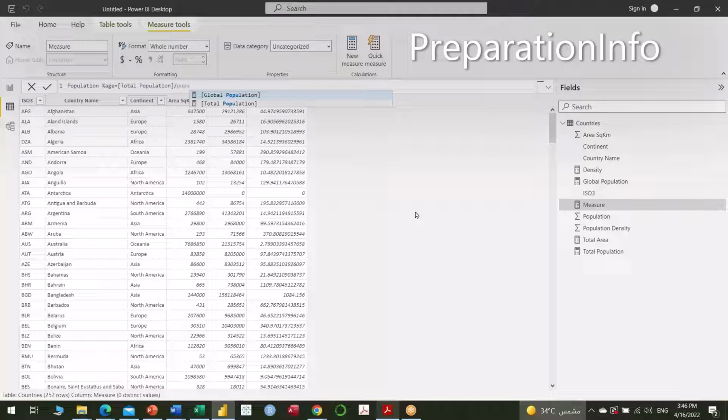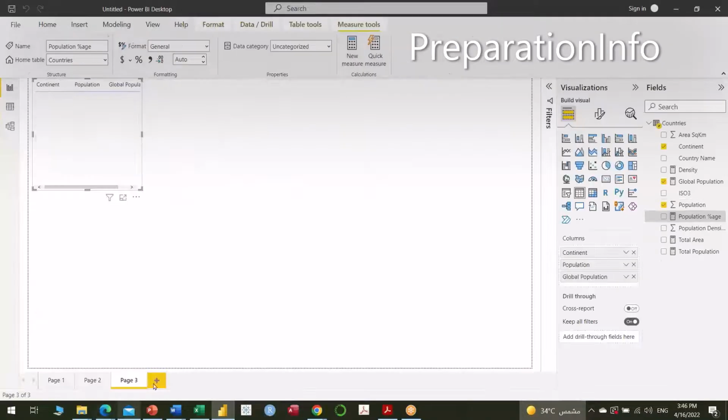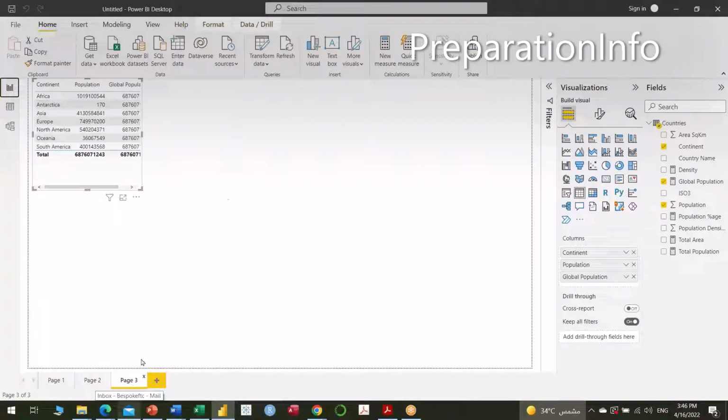Okay. I will hit enter now, and that will give me global population. So this is your population percentage and global population. And if I hit enter, now I've got another measure. Now if I go to report page number 3, and I want to put the percentage population, I will bring in this measure,